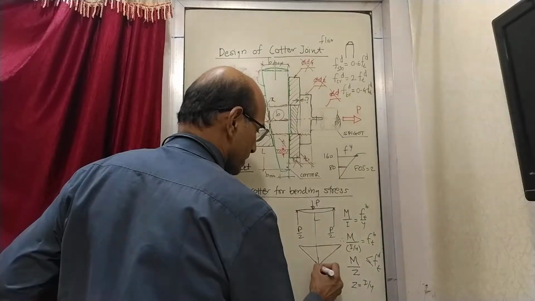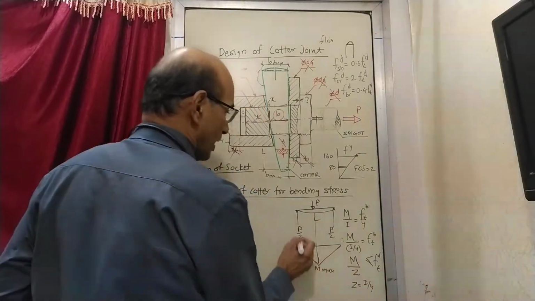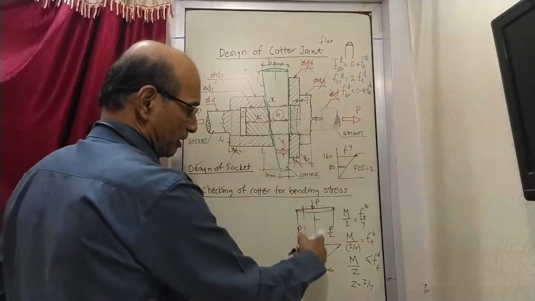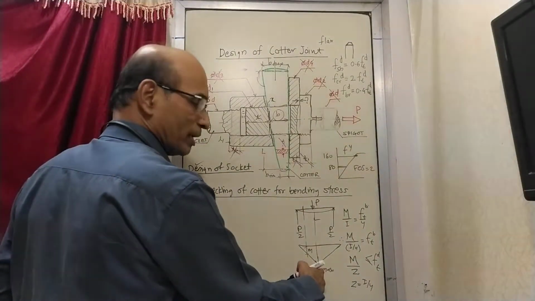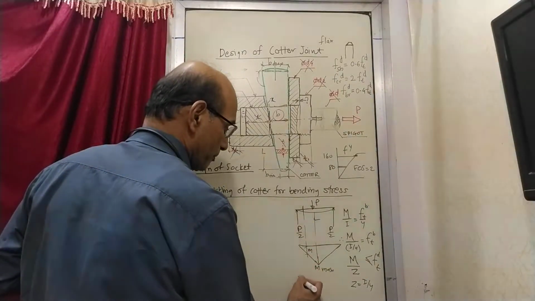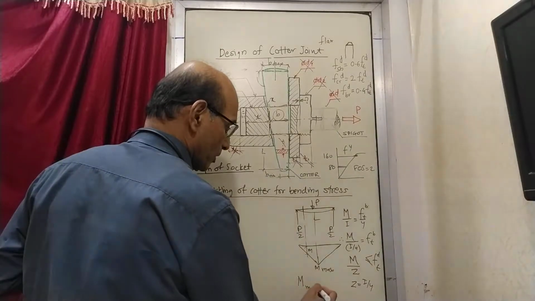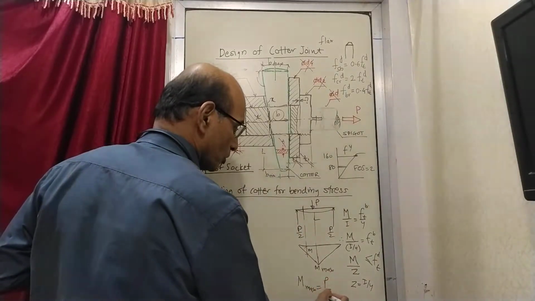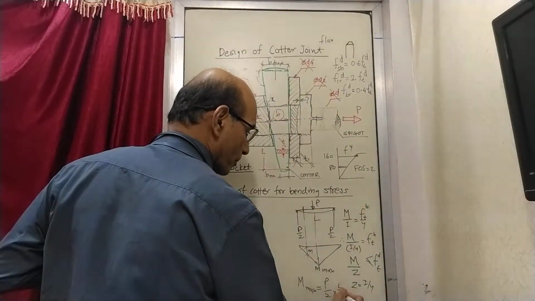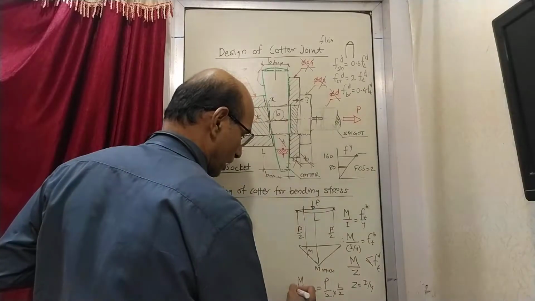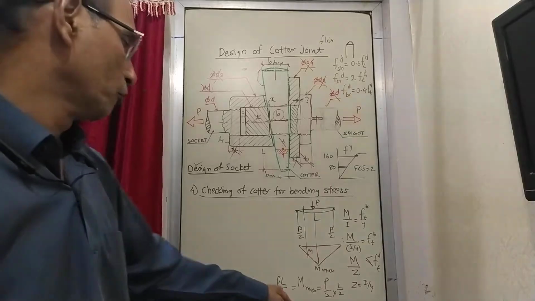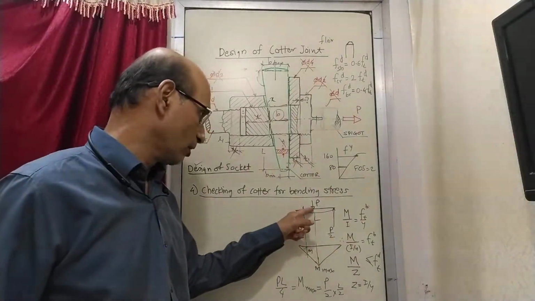So here the moment is M, this is a maximum moment, and at any other point, suppose you want to find out moment here, it will be this. But here it is maximum, and how much is this maximum bending moment? This is going to be equal to force into this distance. So M here, maximum M is equal to P by 2, that is the force, multiplied by this distance, which is L by 2. So it is PL by 4. I write here P into L by 4, that is the maximum bending moment that is acting at this point.